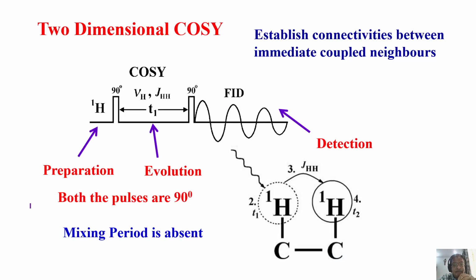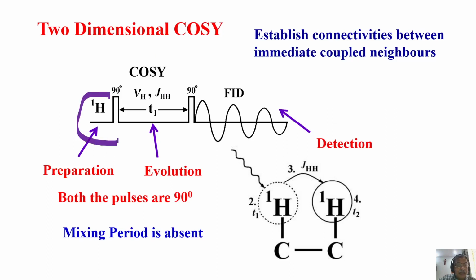This is where we start. This is the simplest of the possible 2D experiments. A number of 2D experiments are there, but this is simplest to understand, simplest to interpret the spectrum. You don't need to break your head at all. This has 4 time periods, as I mentioned, for any routine or general 2D experiment.